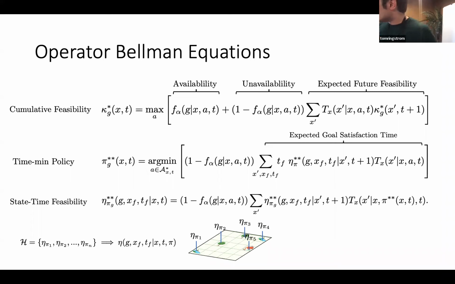Okay, so what this means is that you can compute a set of feasibility functions, one for each goal here. And then you can make a composite feasibility function. Each of these has a single policy attached to it implicitly as a variable here. But now you just use these variables as inputs to a composite function. And that's what's mapping us around in the previous slides.